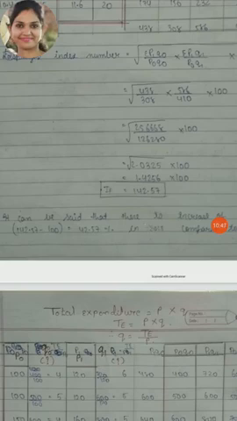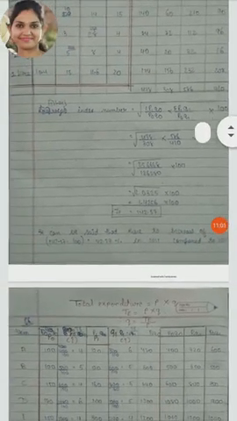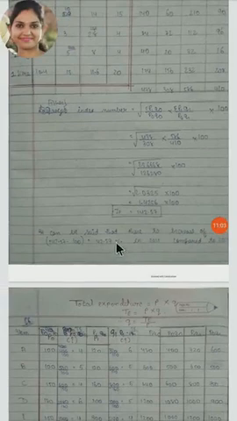Now I told you interpretation is compulsory in this chapter. So what is the interpretation? Now we can easily say 142. So what do we do for the interpretation? We will deduct 100 from this amount. So what amount do we get? 42.57. It can be said that there is an increase of 42.57 percent in 2015 compared to 2014.